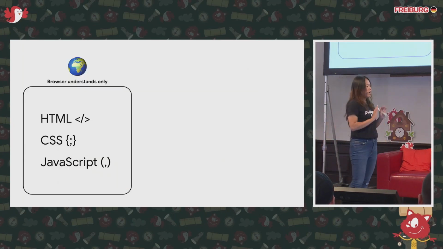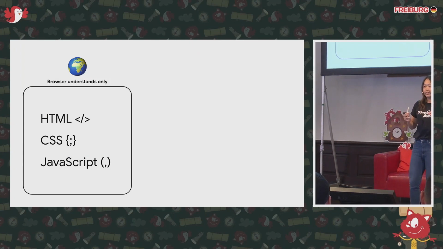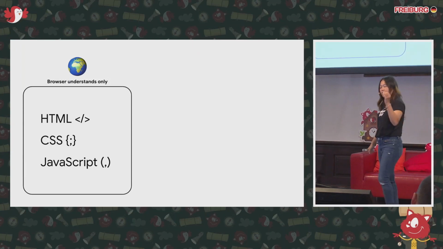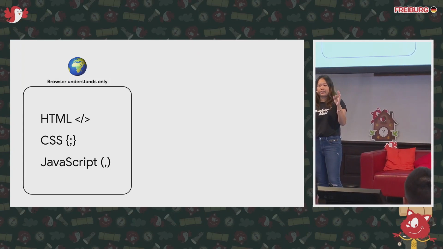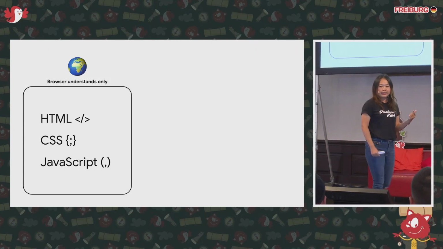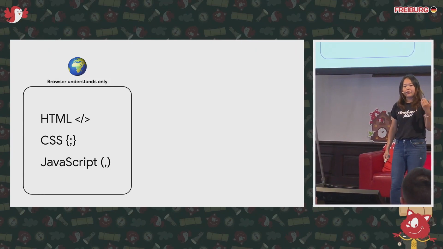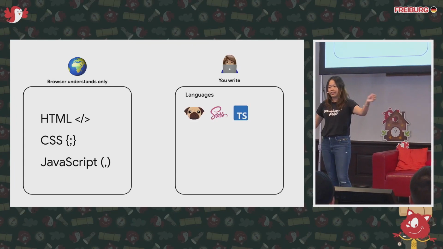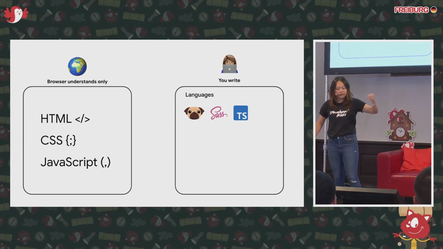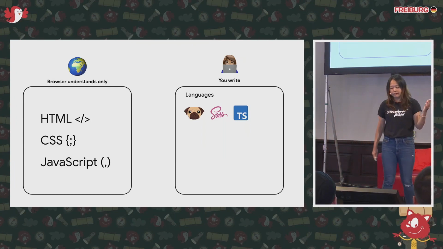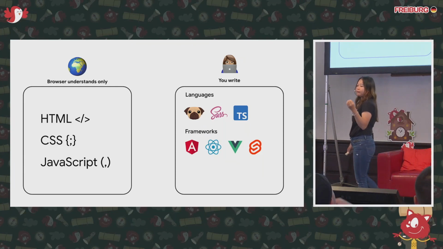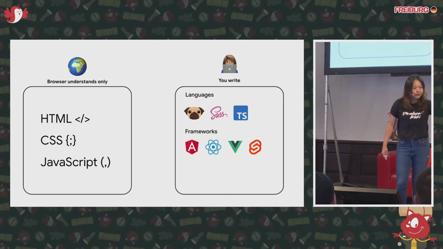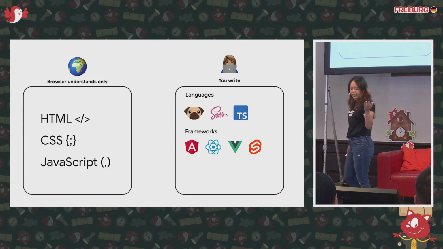After 15 years, the browsers still did not learn more languages. Like me, I learned more languages over time. But browsers still only understand 3 languages until today, which are HTML, CSS, and JavaScript. But the way we write our applications is so much different today. You use different languages. You use TypeScript. Previously, you used CoffeeScript. You use Sass, some preprocessor. And you also use different frameworks. For example, if you use React, you use a templating language like TSX or JSX. You use Vue. You use Svelte. Probably you use Angular templating as well.